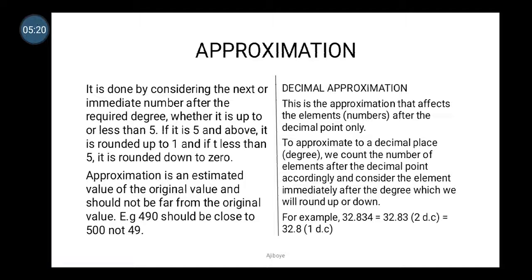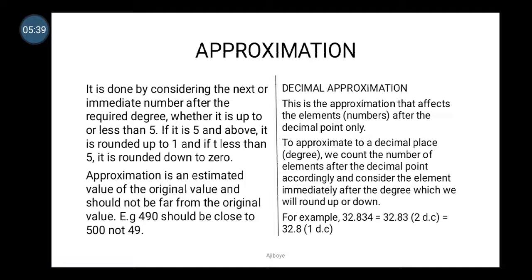You will not start approximating from the far end, but only the number immediately after the degree where you have to stop is the only thing you will consider, and then you round up that number or round down the number. For example,